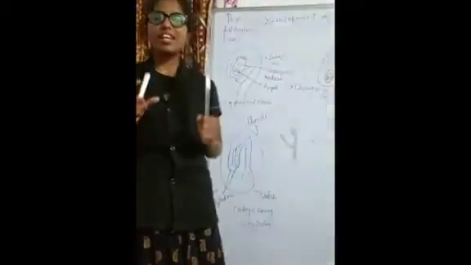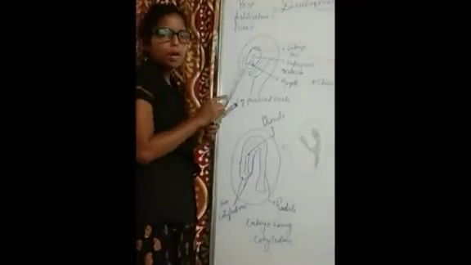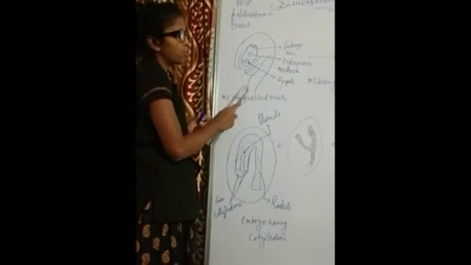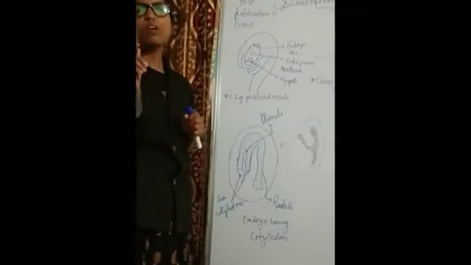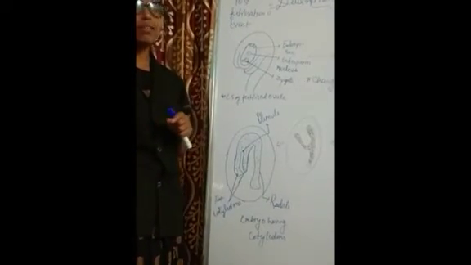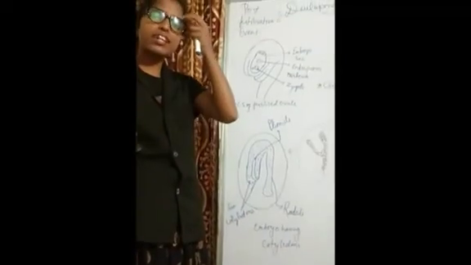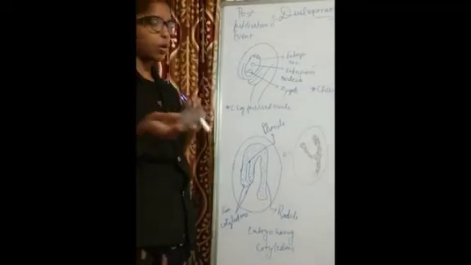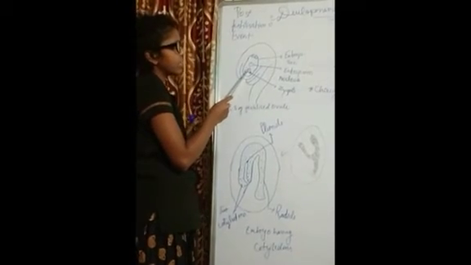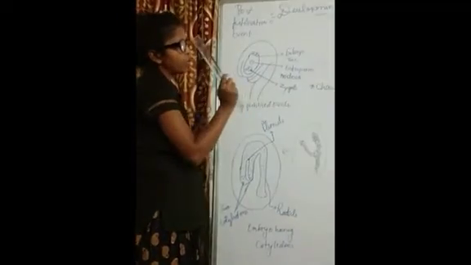Okay students, so let us see. We have seen this diagram. If you remember, this is the diagram of the ovule, and inside the ovule the embryo sac was there where all the development takes place, and it forms the 7-celled, 8-nucleate structure where the pollination has been carried out. So we can see that the egg cell has turned into zygote and the central cell has turned into endosperm.